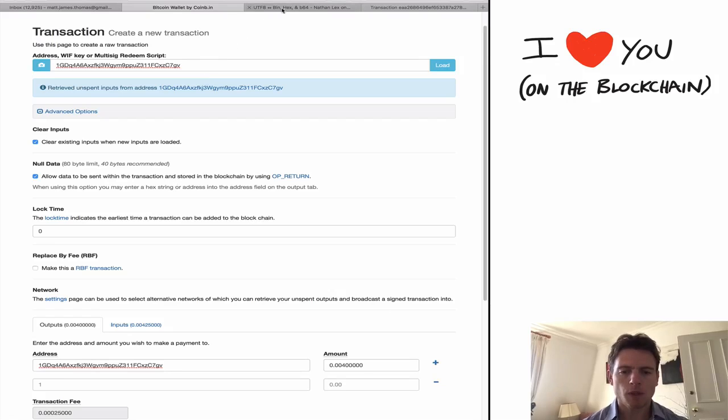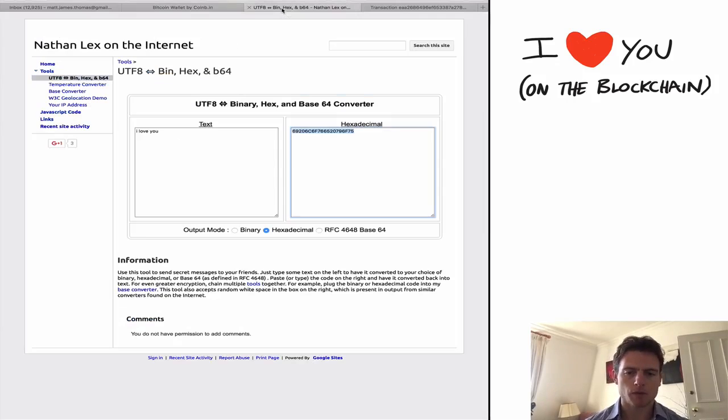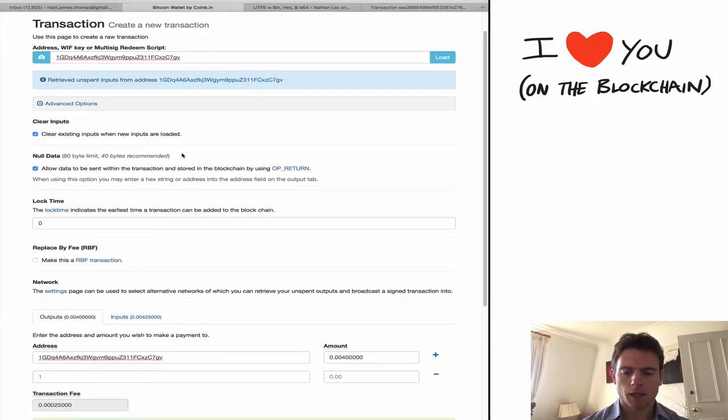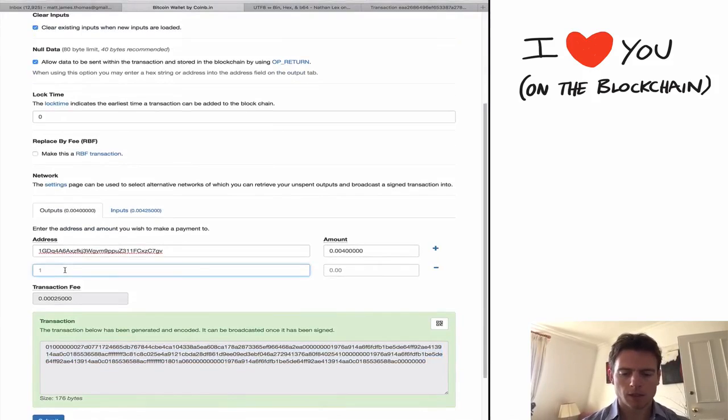So to create a hex string, and I'll put the link down below, there's a handy little converter here from Nathan Lex. So you basically put a corny message like this, right? Like this. And so this is text, and then on the right hand side you want to make sure that hexadecimal is selected here, because hexadecimal is the format into which we want to encode this message, right? So if we just take this hexadecimal string,